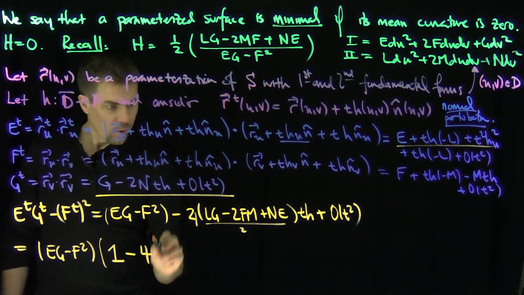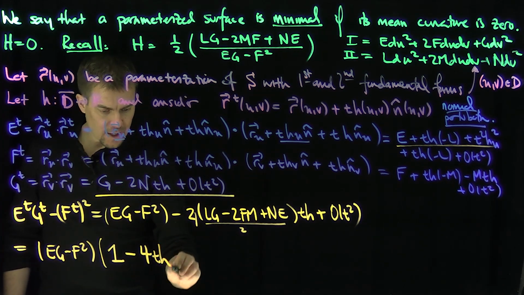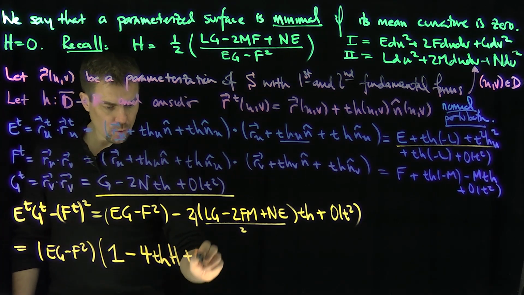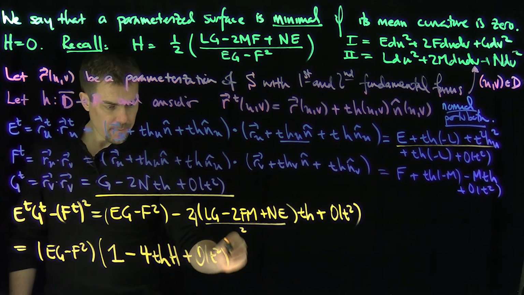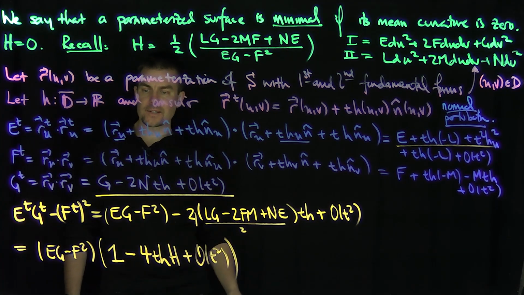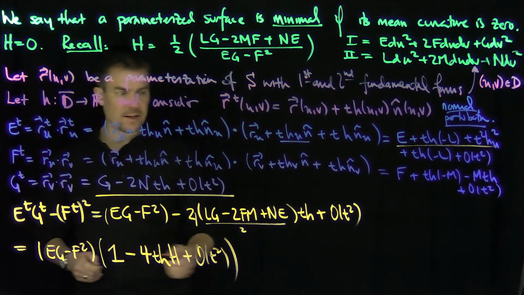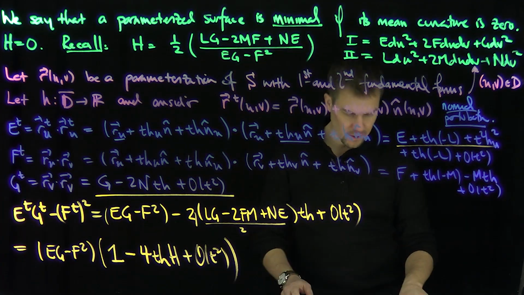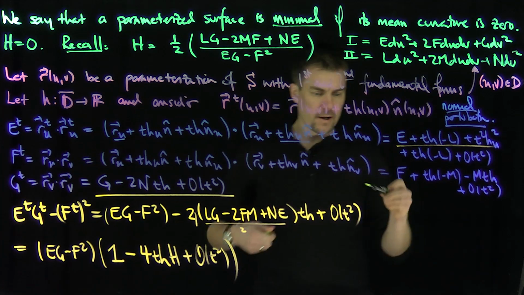So that's going to be minus 4, and then a T, and then a little h, then the mean curvature, and then plus order T squared terms over here, right? Good. And so what does that tell me? That tells me that the area of this ET thing over here, these terms over here, are going to have what form? So my area,